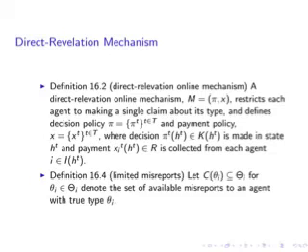A direct revelation online mechanism M, which is defined as the tuple (π, x), restricts each agent to making a single claim about its type and defines decision policy π = {π^t}, where t is chosen among capital T, and the payment policy x = {x^t}, again where t is chosen among all the possible capital T, and where decision π^t(h^t) in K(h^t) is made in state h^t, and the payment x_i^t(h^t) in R, which is a real number, is collected from each agent i, which is in I(h^t).